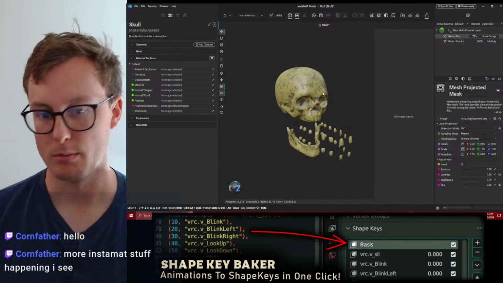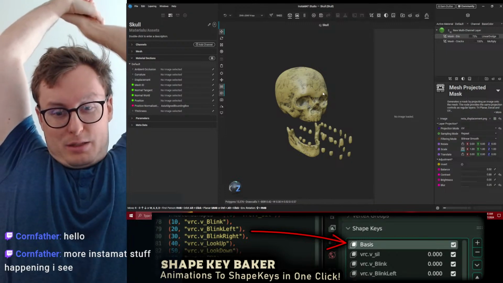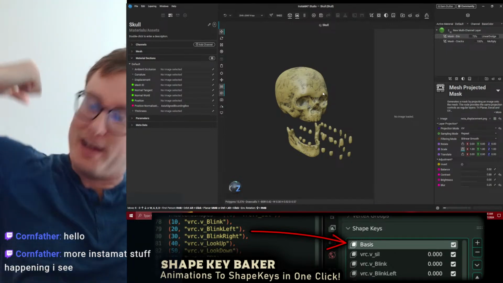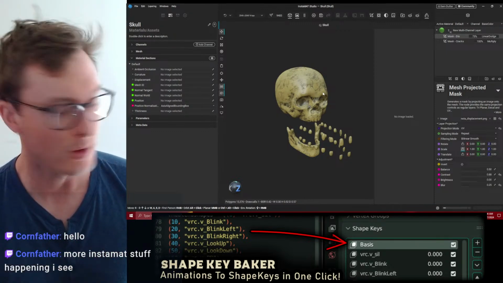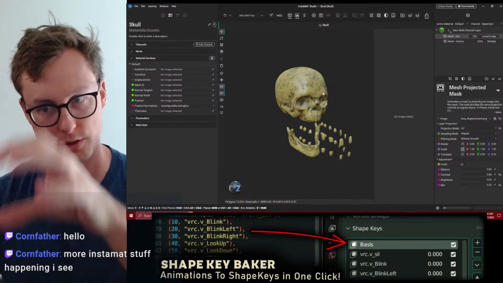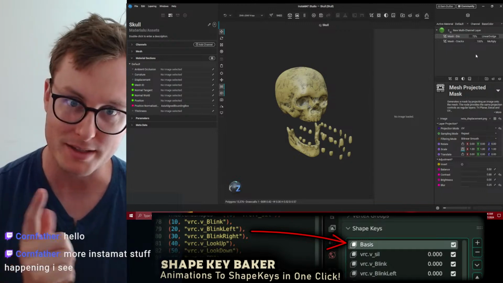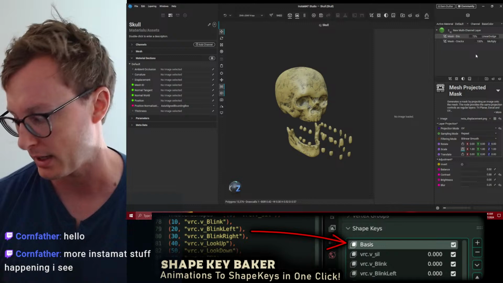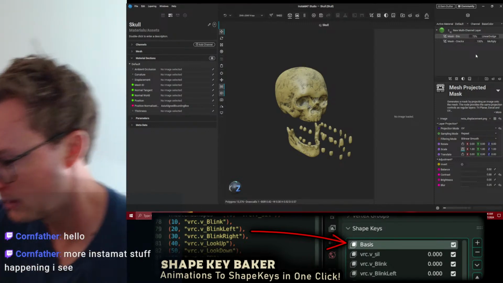Oh, cool. More InstaMat stuff happening, I see. Yes. We are going to be thoroughly exploring how to get rid of Substance Painter. And really it seems that so far InstaMat has everything I would want out of the ability to make textures and like actually paint. But the baking is super broken. Like I have not been able to get the baking working. Which is weird, but whatever.